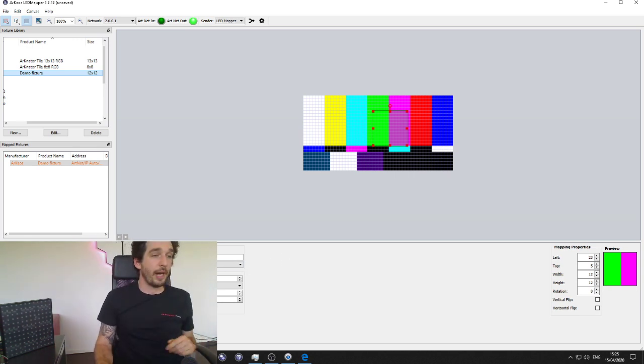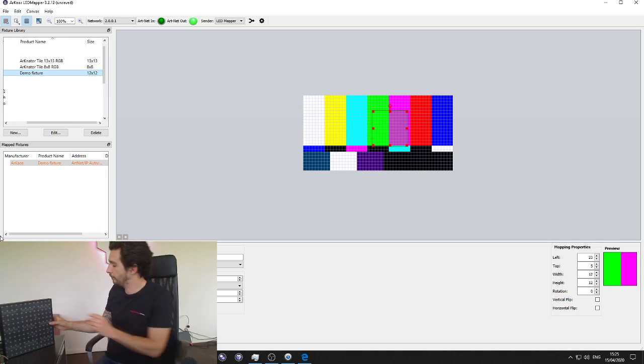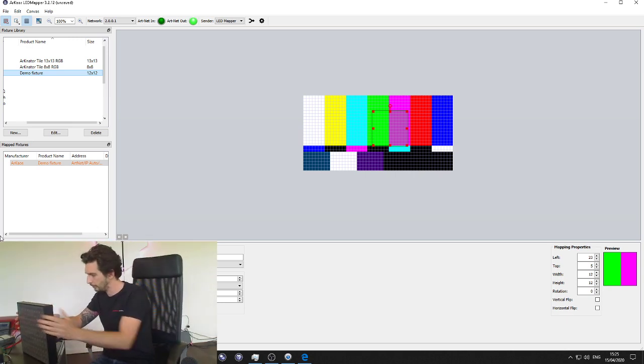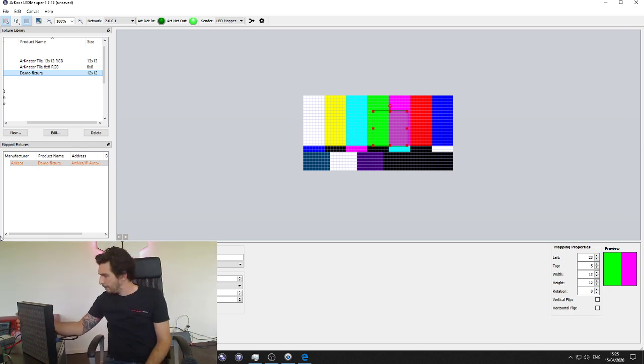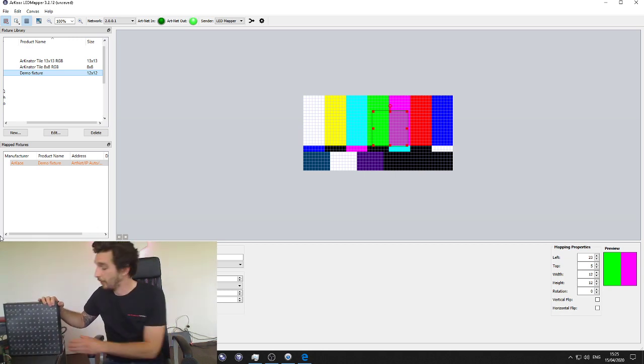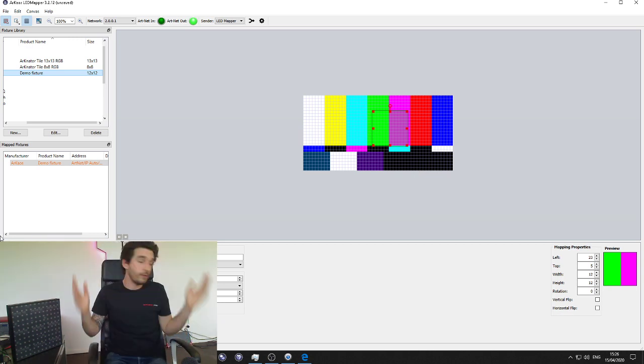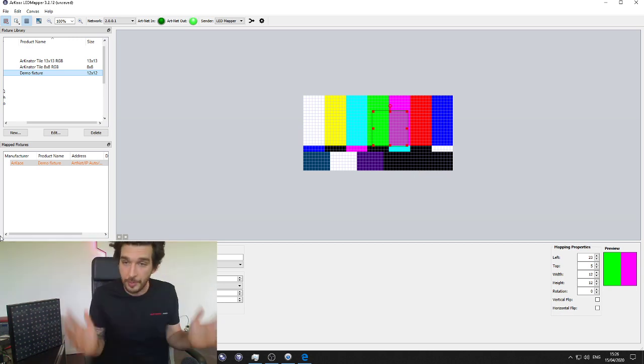In my case, I'm gonna check back on my fixture, and my machine is address 1, that's correct, and let me check the universe. 15. Okay, so that machine is on universe 15. It can be universe 1, universe 15, any universe, that will depend on your setup.